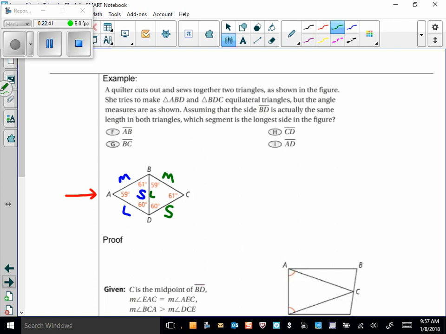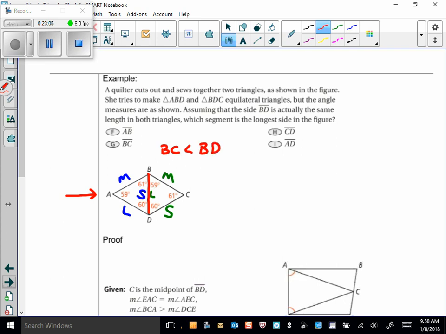Okay, so here's the way I think about this. BD, look at BD here, guys. It's the shortest side in the left triangle, but it's the longest side in the right triangle. So I know that BC, let me write myself a note, BC is shorter than BD,